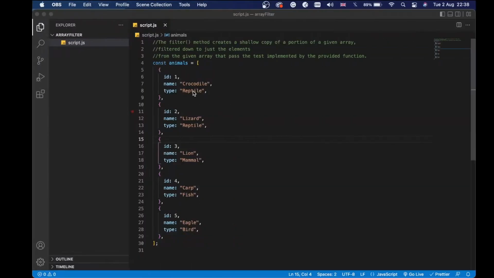The array.filter method creates a shallow copy of a portion of a given array, filtered down to just the elements from the given array that pass the test implemented by the provided function. To demonstrate that, we have an array of objects. Those objects are animals, and right now we want to create a new array that will consist only of the